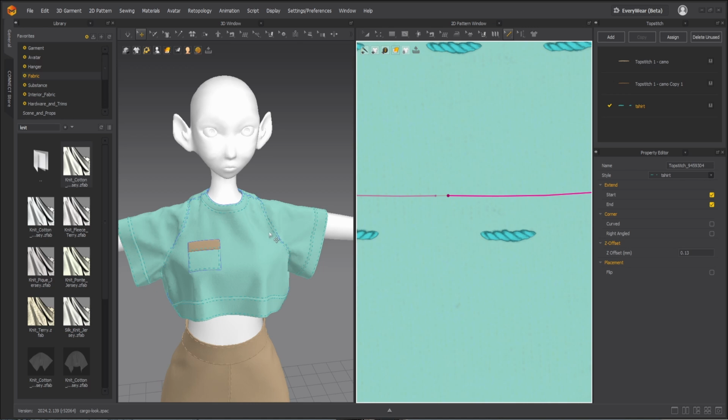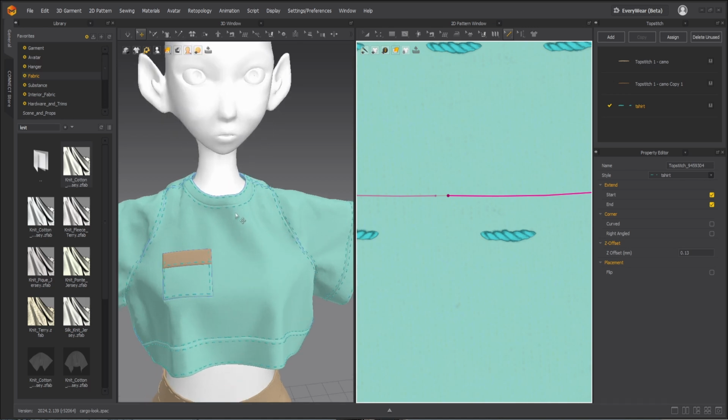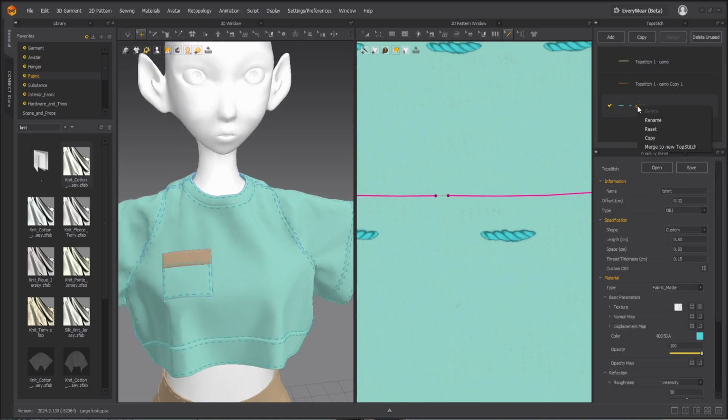That looks pretty good. And actually this should be a cover stitch, so you can make one more, copy that, and then go neckline, and then I'm going to change this to